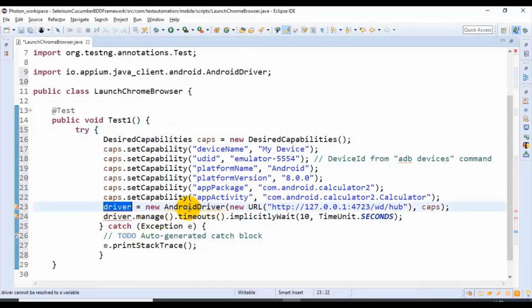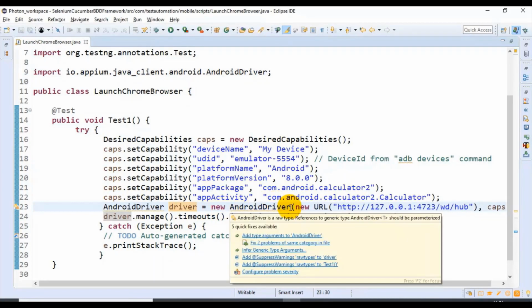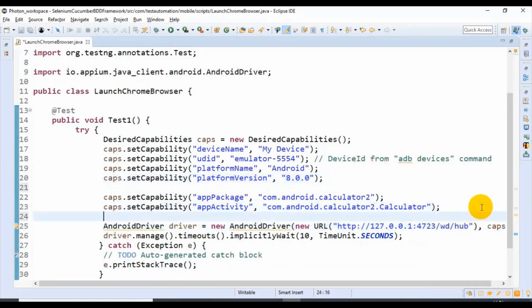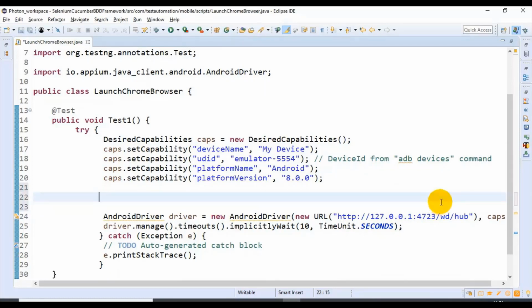So this driver is not declared, so simply I'm declaring the driver object. So that's it. This is the code we have for automating the Android native application. For connecting to the Android native application, we specify the app package and app activity. I don't need these, so I'm deleting these two lines, and instead I'm keeping